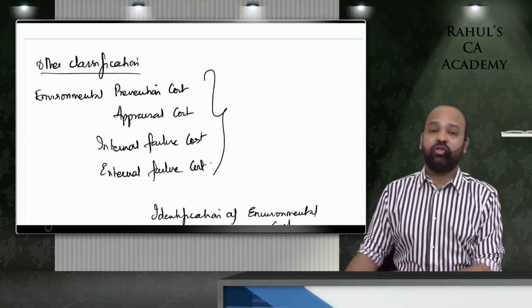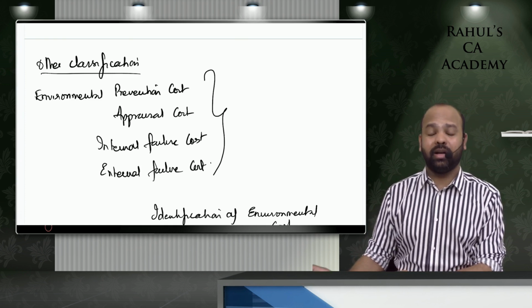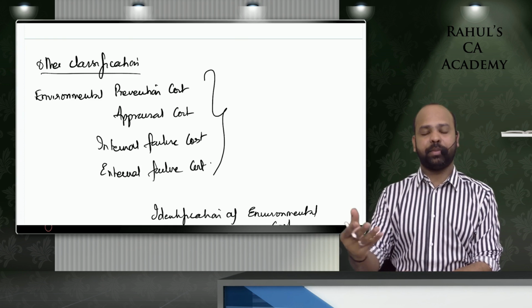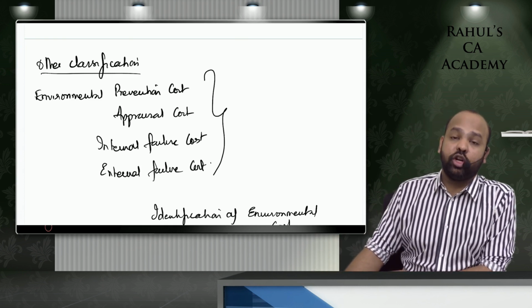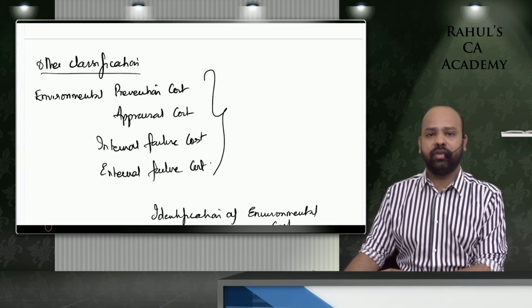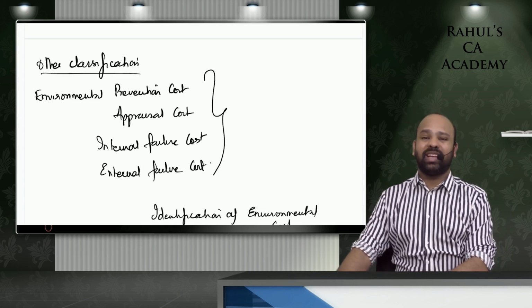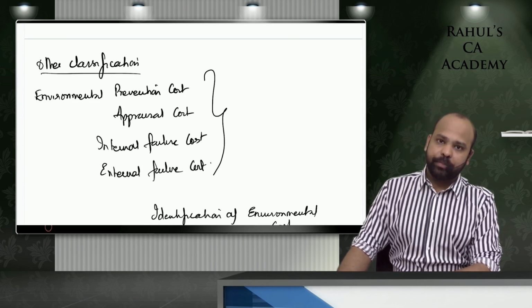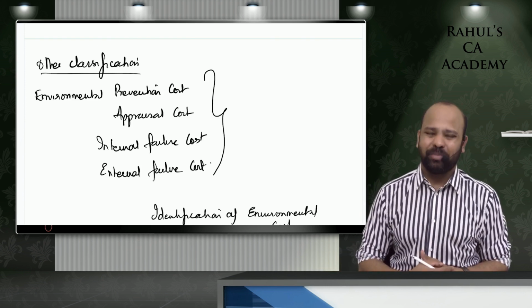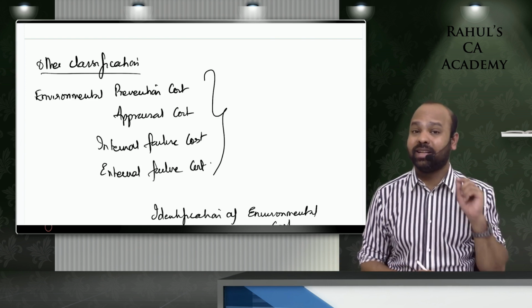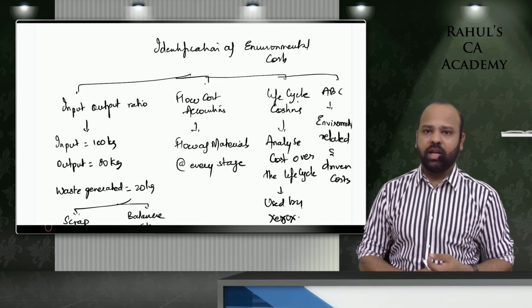Environmental appraisal cost is to check whether the measures they have implemented are being properly executed or not. Is it serving the purpose or not? Internal failure, beta: you have collected waste in the organization and you're disposing of it in the right manner. External failure is those pollutants that you're releasing in the environment, having an impact on the entire society. So you can divide cost into these four categories also: environmental prevention cost, appraisal cost, internal failure cost and external failure cost. Yes, beta, the next aspect is identification of environmental cost.